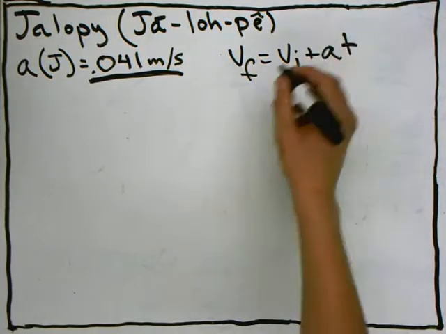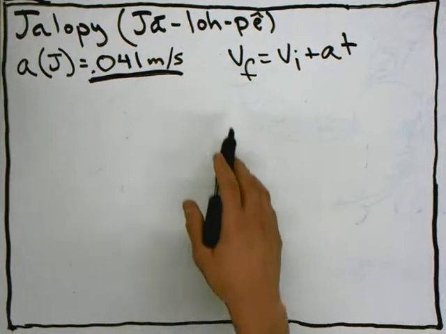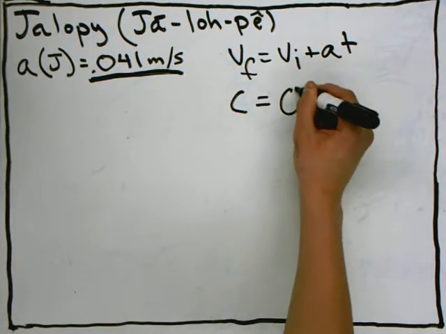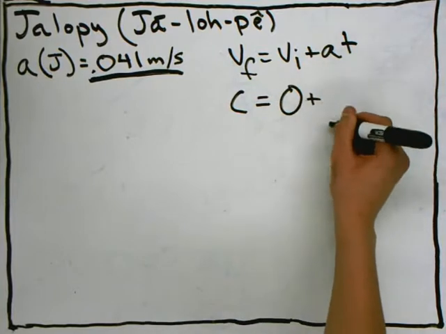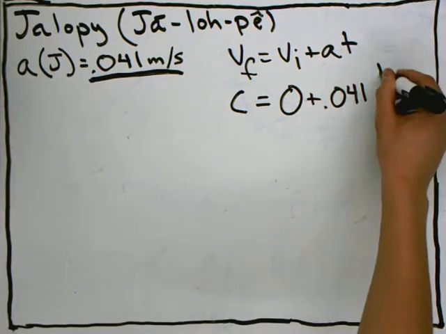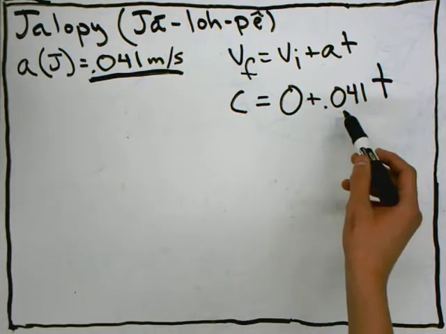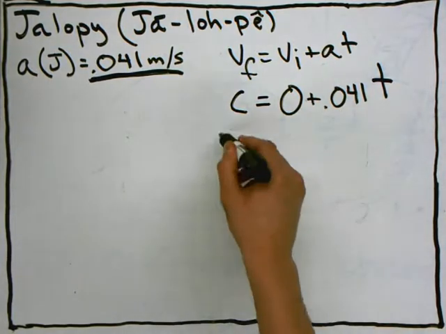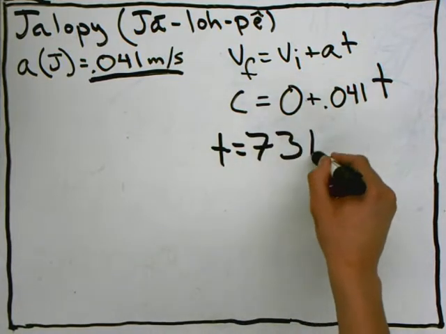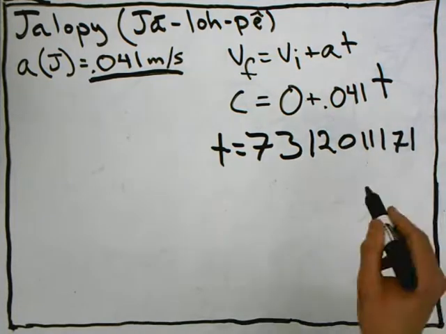This kinematics formula here to find the time. Using the final velocity is going to be the speed of light. The initial velocity is going to be 0. The acceleration is going to be 0.041 meters per second squared, and the time is the unknown variable. So, when we divide both sides by 0.041, we will find the time is equal to that many seconds,